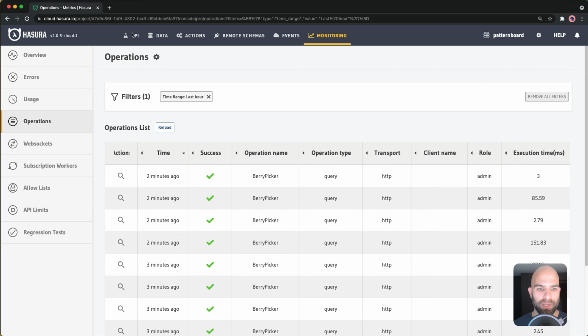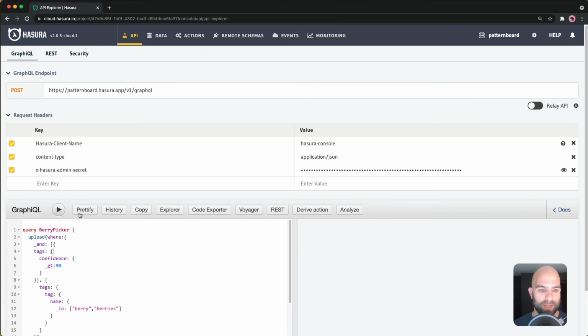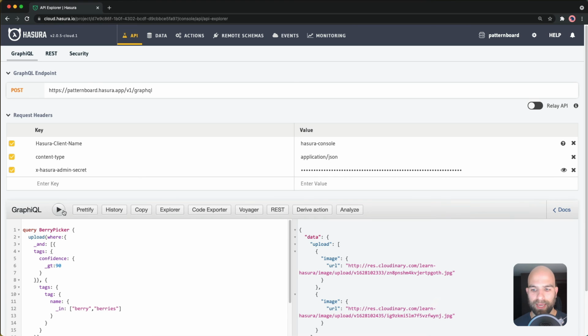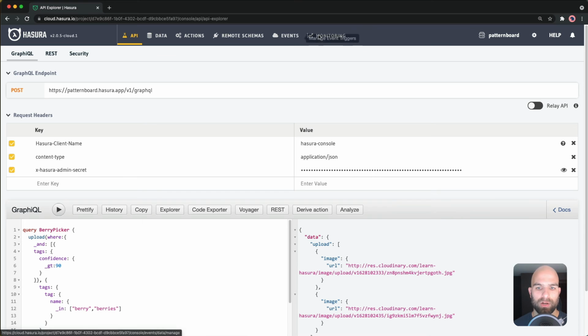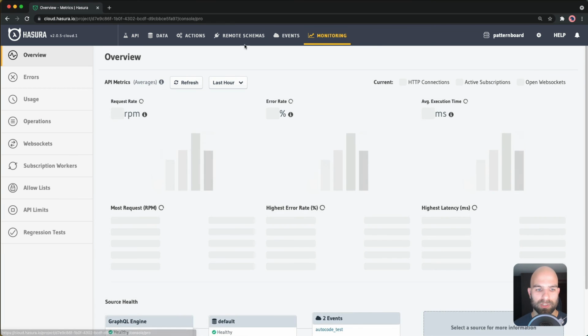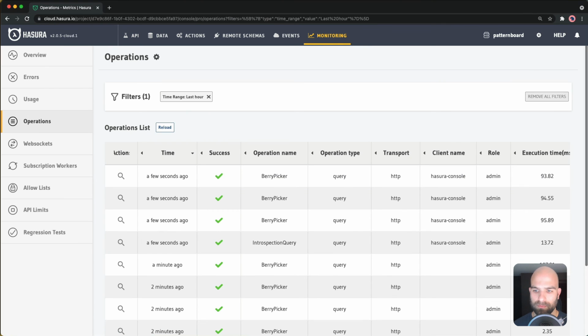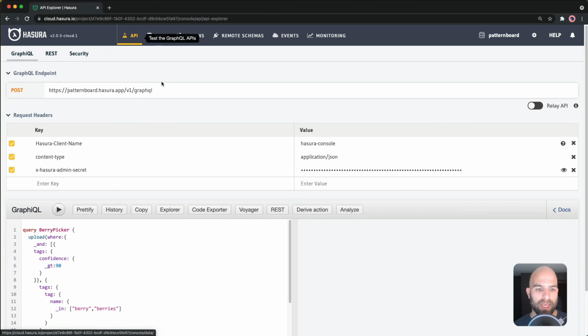We can do this very transparently. If we go back to our API query, we'll run this one more time. We've cleared that cache before, so there's going to be no cache responses here. Let's go to the monitoring tab to view what we are now seeing. So here are some unoptimized requests for that berry picker query, 93 milliseconds execution time. If I head back over now to the API Explorer and I pass in that @cache directive here,